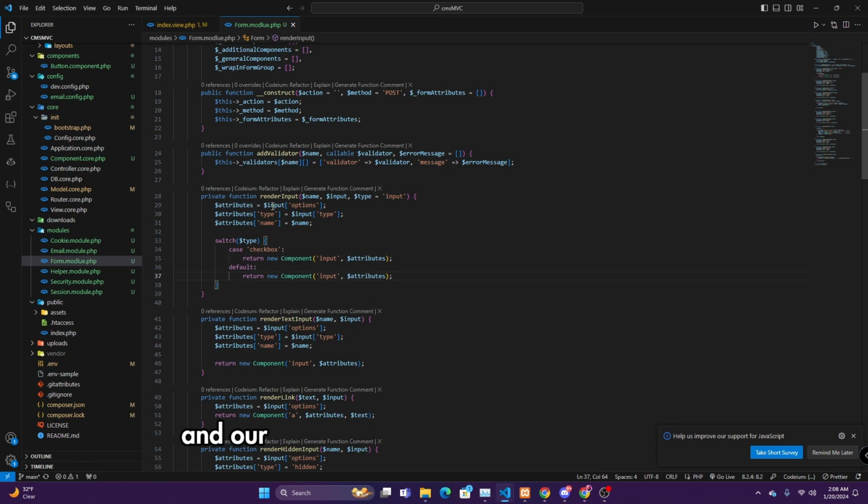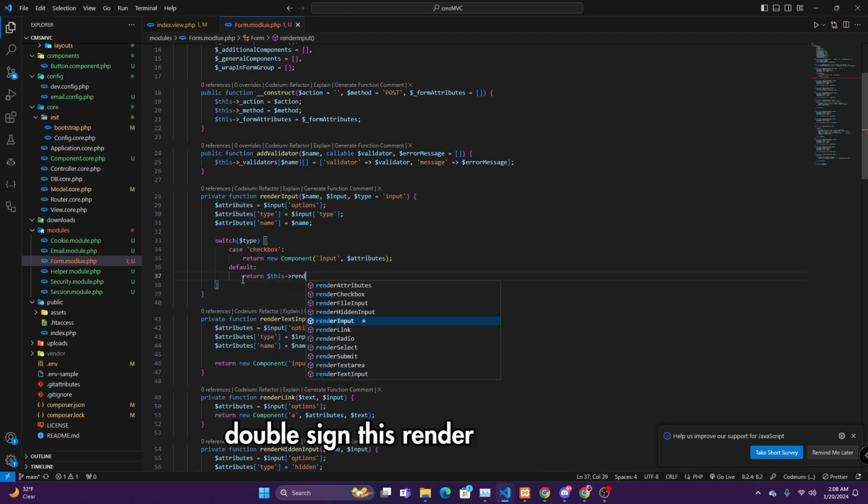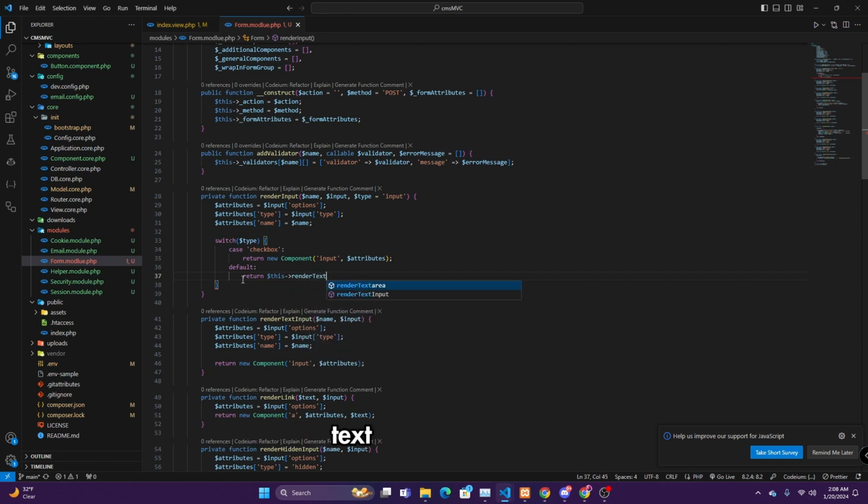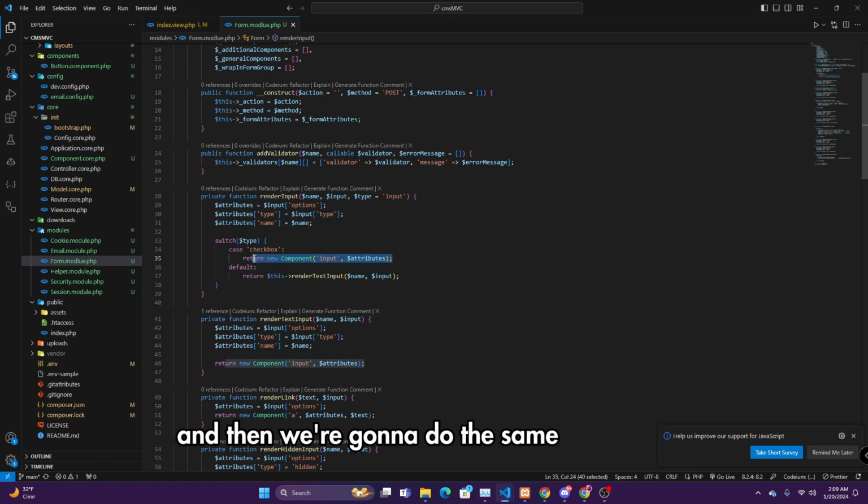And in our default case, we're going to just return the input, but we're not going to be returning a component like this. Instead, we're going to return $this render text input, and we're going to take in the name and an input, and then we're going to do the same one for